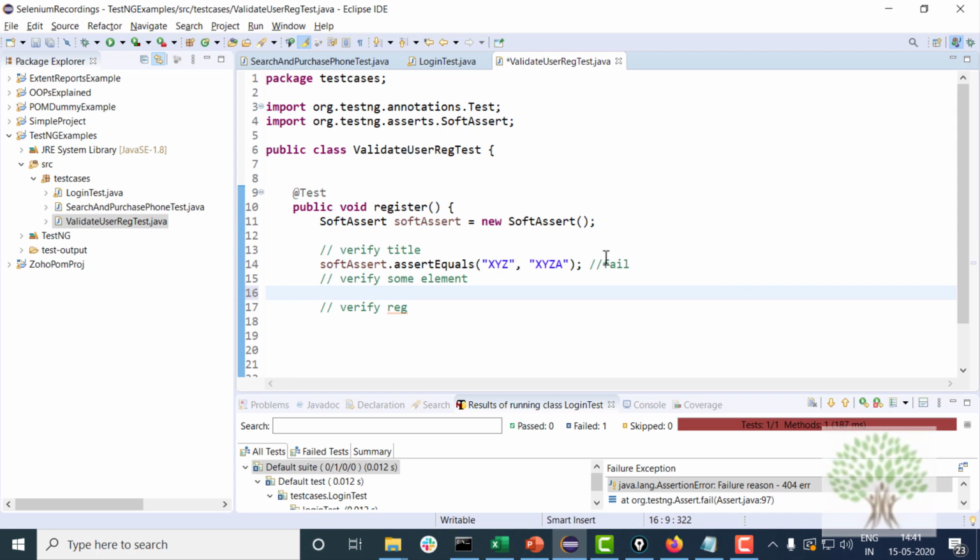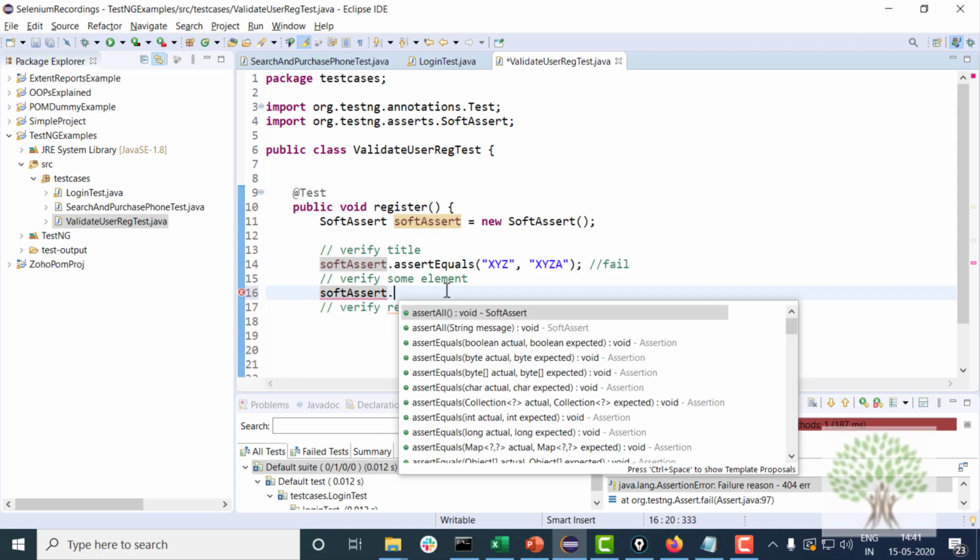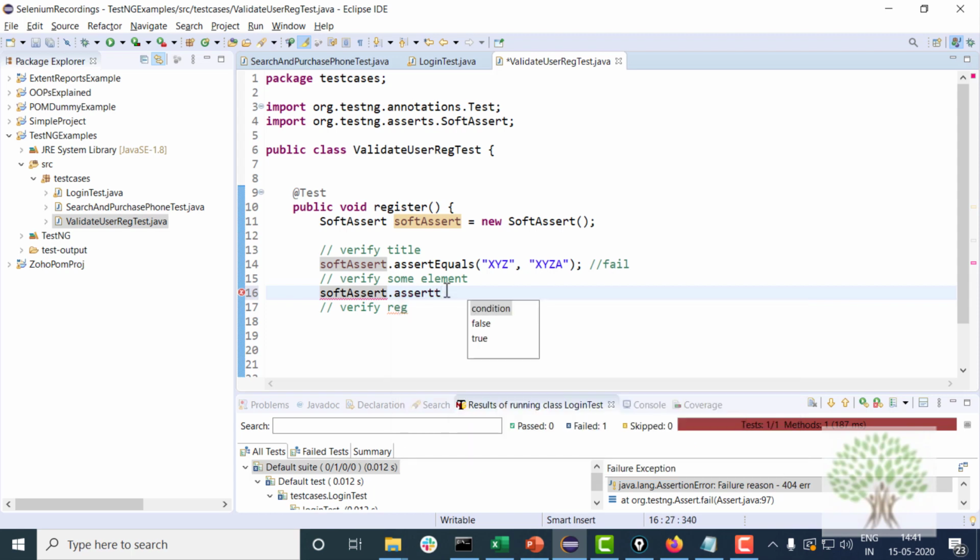You can verify some element. You can write over here soft assert dot assert true. I'll just hard code over here 5 greater than 1, basically I'll put true over here and some error message, element not found.